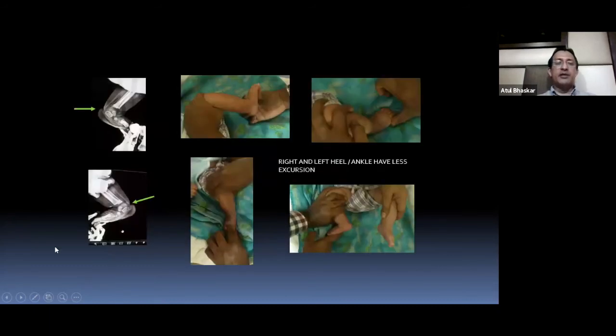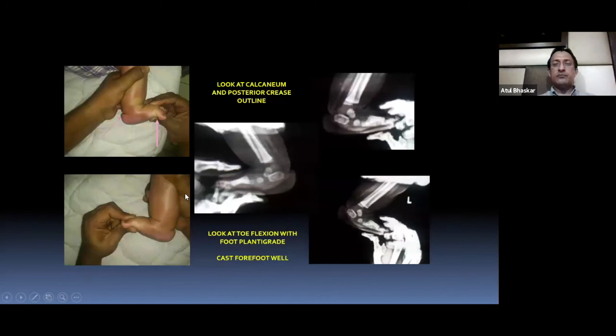Now, what I mentioned earlier is that in a clubfoot, you can create a rocker bottom foot as well. You can see this is a vertical talus, but this is not a true vertical talus. This has been created by an iatrogenic breakage of the midfoot because of forefoot force without correcting the equinus. That is why you must always correct the equinus first before you proceed to correcting the hindfoot. So this is an example of a rocker bottom foot. You can see here that you're pushing on the forefoot, but your talus is in equinus and your heel is in equinus. So this is an iatrogenic rocker bottom foot as compared to a true vertical talus.